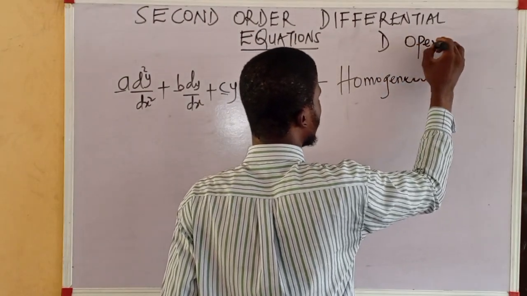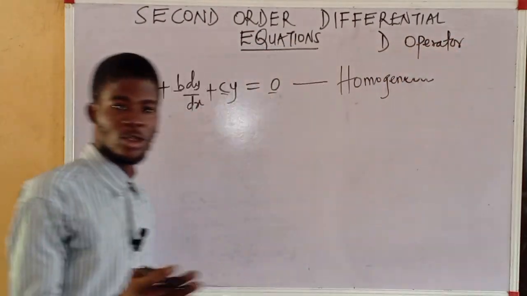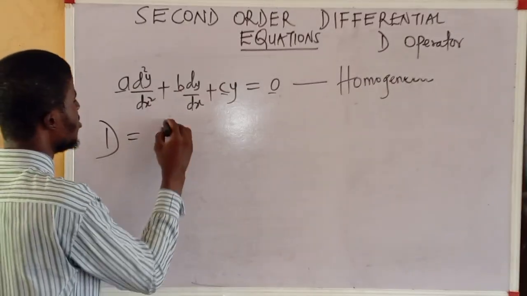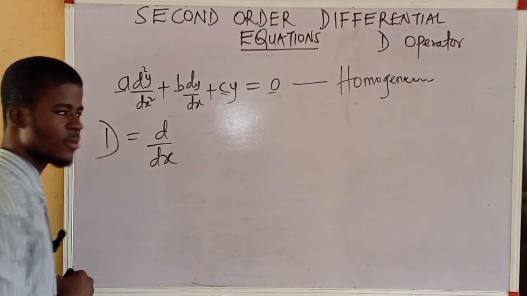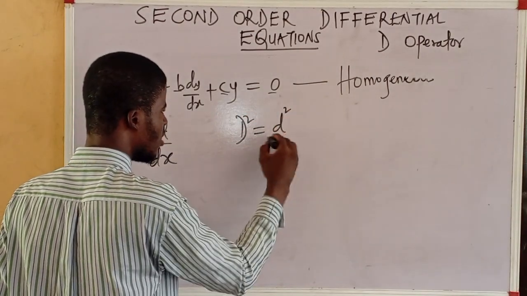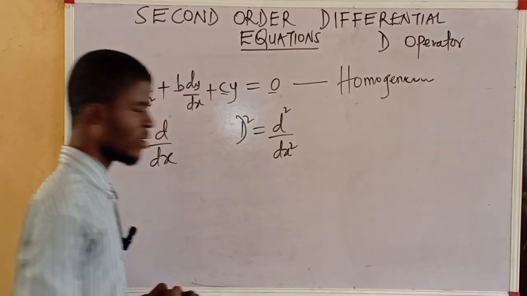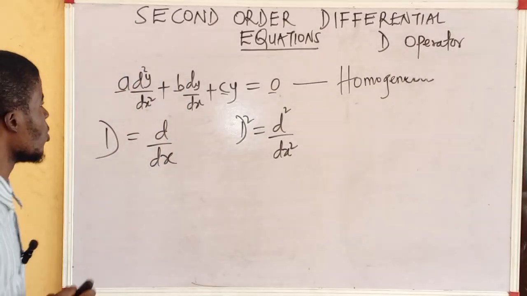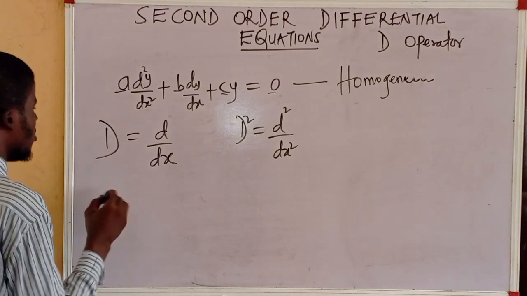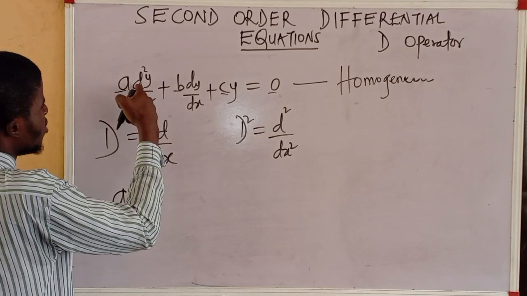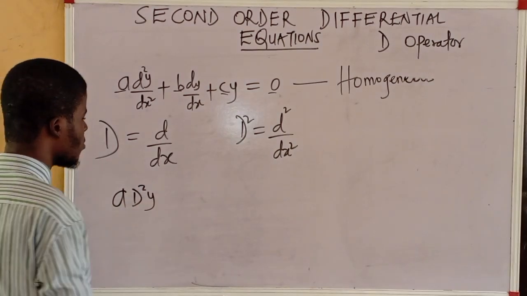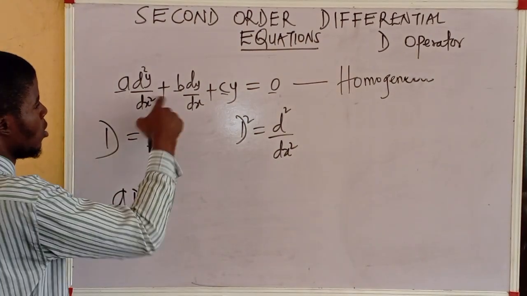In the D operator, capital letter D is d dx, and D squared is d squared dx squared. This is the point. So if this is so, it means that this very equation will now be a, in place of d squared dx squared, I can write what? D squared. A D squared y,